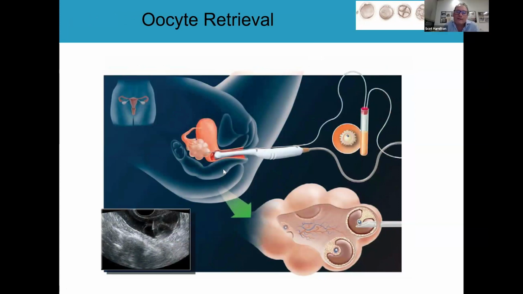The egg retrieval is done with a transvaginal ultrasound. So the actual probe of the ultrasound is very close to where the egg is. The physician guides a very long needle, but only a very small portion of it actually goes into the body, into each follicle, and it gets drained with some suction through the tubing into these test tubes. And this is a magnified picture of the needle going into it. And there's an ultrasound image. The follicle is about an inch at that time, so it's a fairly big thing. The egg is about 1/10 of a millimeter.